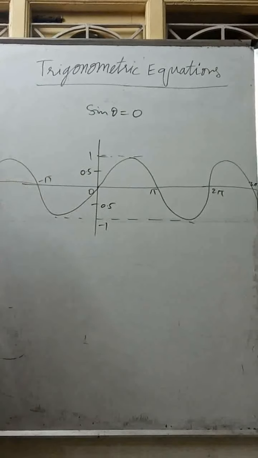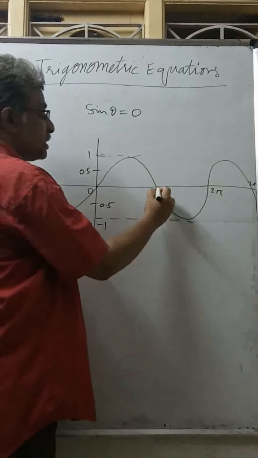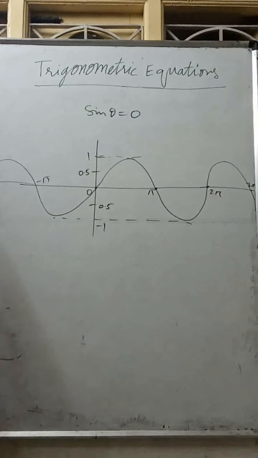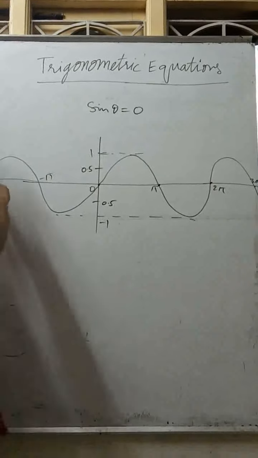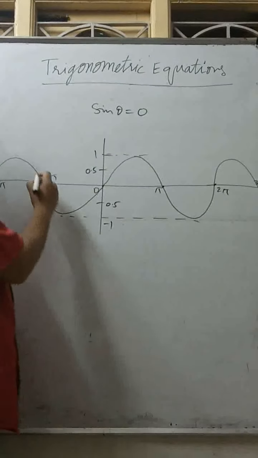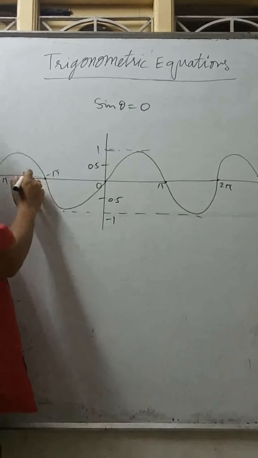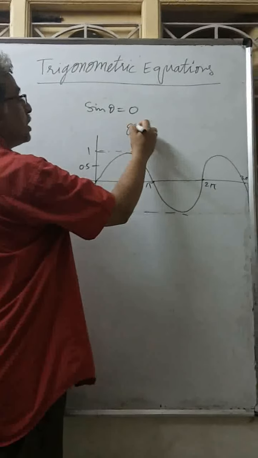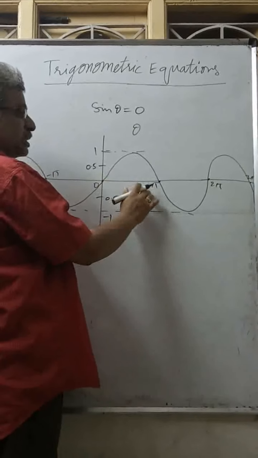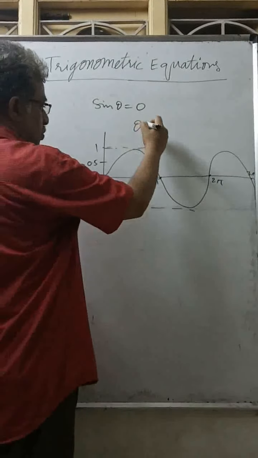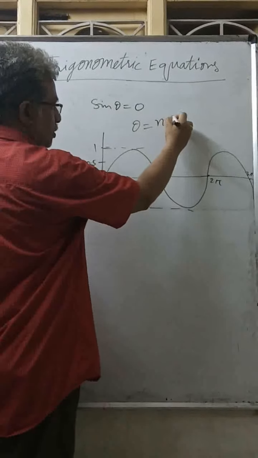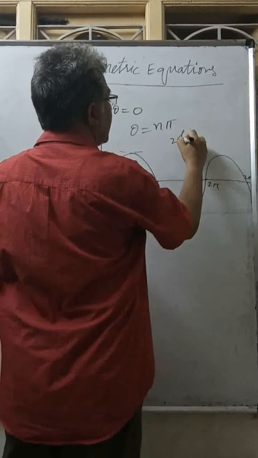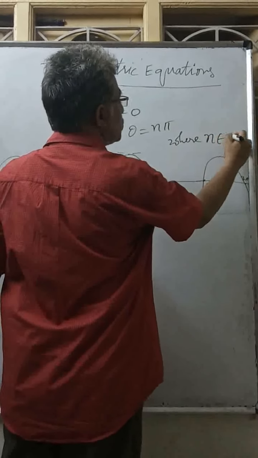So if you observe, sin is becoming 0 at many values. All the multiples of pi, it is becoming 0. And the graph, if you observe, is becoming 0 at all the multiples of pi. It is either positive or negative. So instead of writing all these values, we can't say only 0, we can't say only 180. Many values are there. So to write all this, simply I'll write theta equal to n pi, where n is an integer. So n belongs to Z.